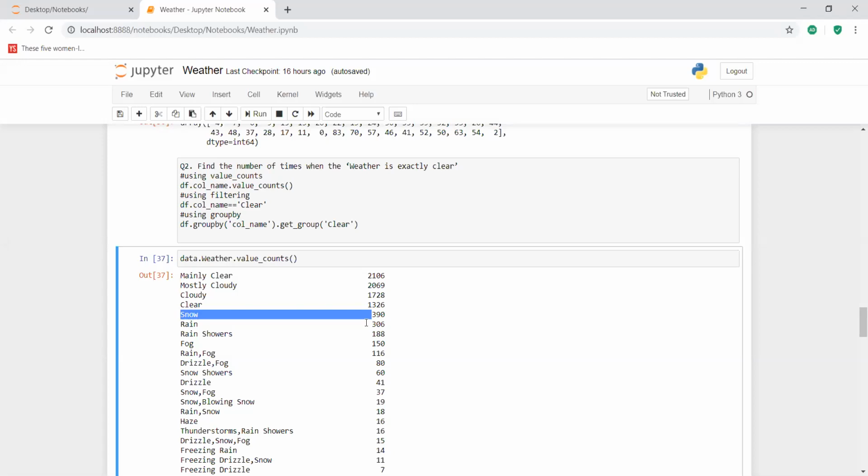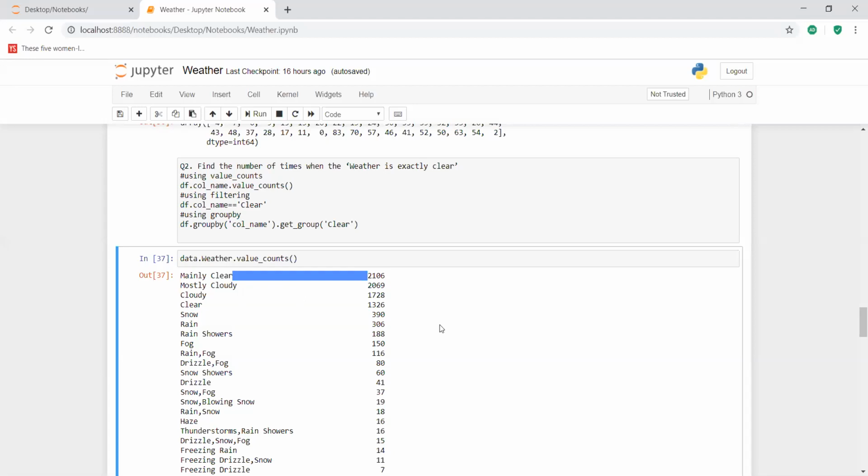The reason for group by is that records will be scattered in your Excel file, but if you need to perform operations on a particular value, you just want to work on the rows which contain the weather value mainly clear. You want to work on all the 2106 rows which contain the weather value mainly clear.